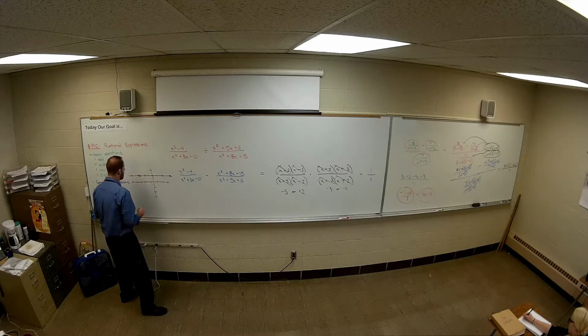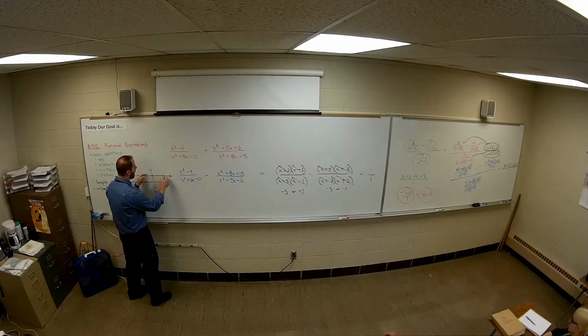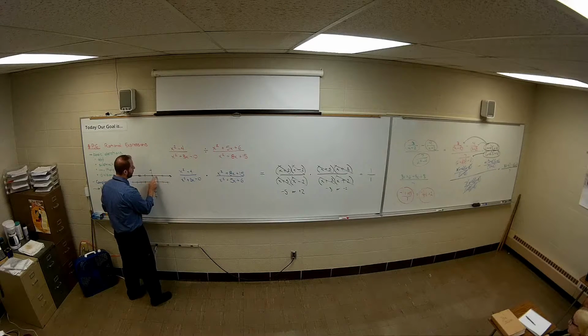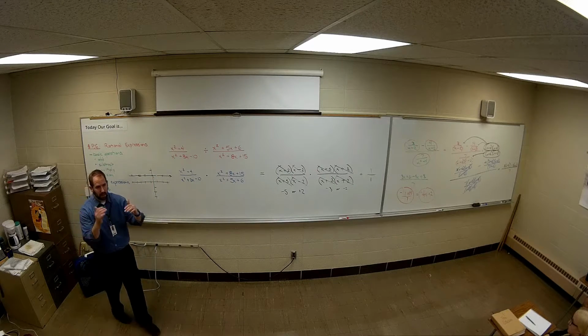So for instance, if I was going at the number 1 here, and I were to approach it from the left side and the right side, what would the graph be approaching for an answer? What would the y answer be as I approach 1 from the left and right on the x? What would the answer be up here? What is this number? 1. That's what a limit is. You look at it from the left and right.